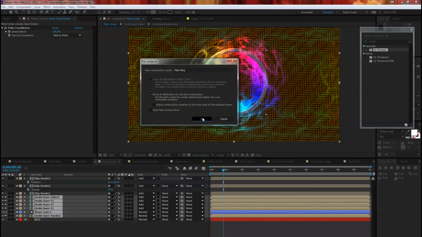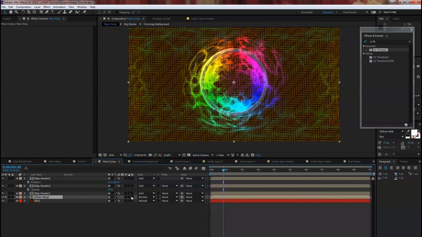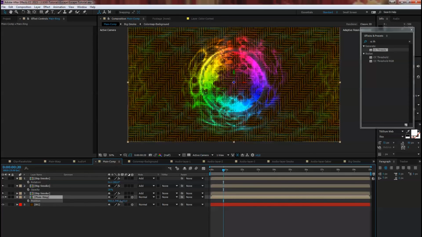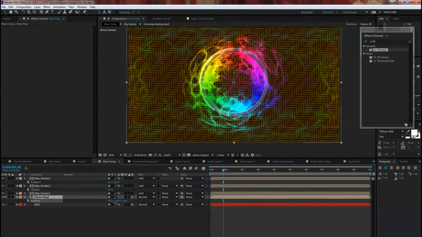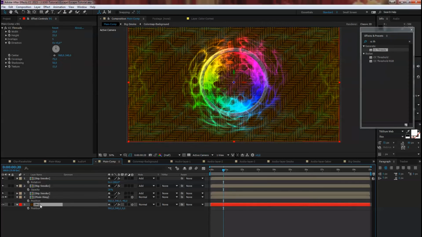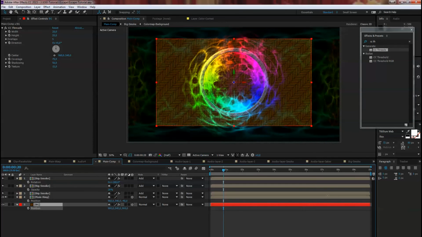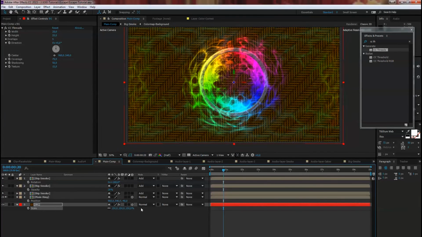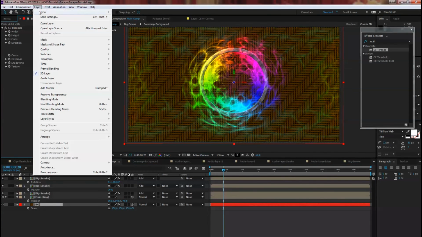Move all attributes, hit OK. Make it a 3D layer, also the BG layer, 3D layer. Hit P on the keyboard and bring it just a touch to the front, and hit P on the keyboard on the BG and bring it back like so. Hit S on the keyboard and scale it up like so, and then go to Layer, New Light,